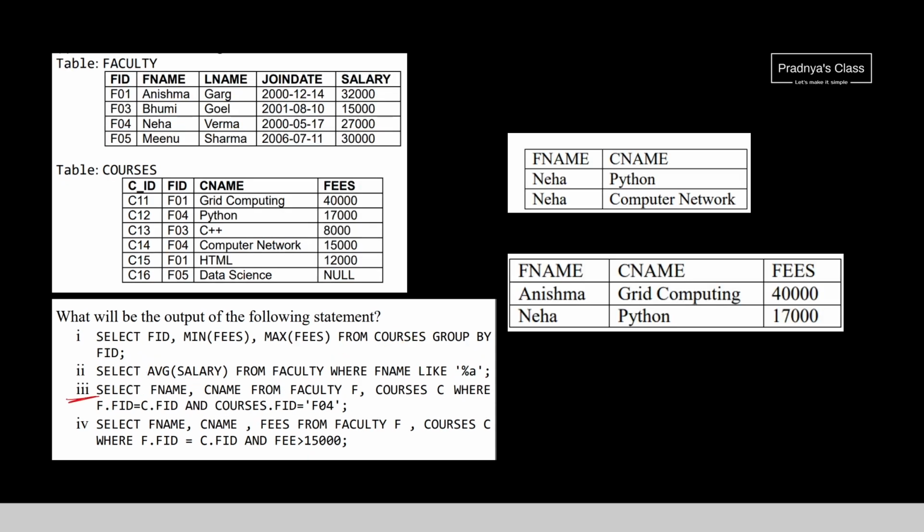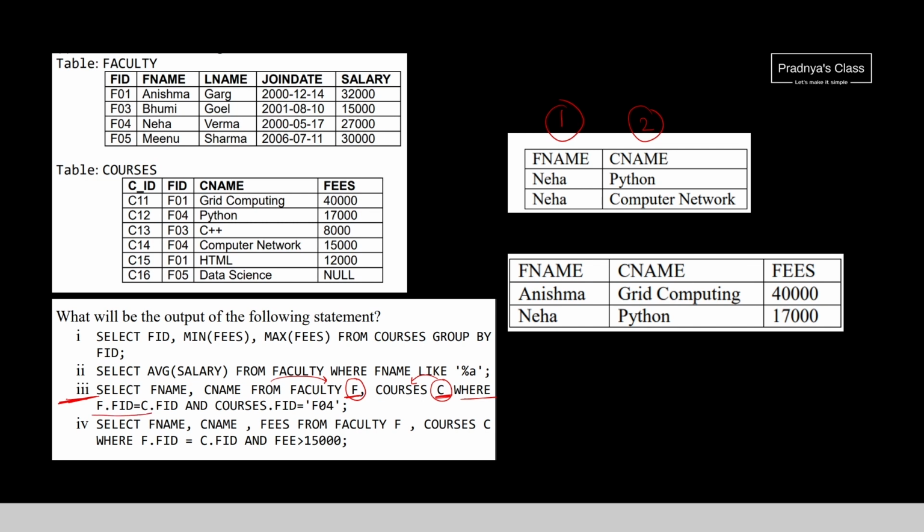It's time to check out the third query. Select F name, okay, that we will mention, and the second column is C name, that also we will mention. From faculty and courses, here we are going to combine both the tables. That's why we have given some alias to it so that it will be easy to write the query. Now F is the name of the faculty and C is the name of the courses table. With where clause generally we combine and we mention the criteria too.